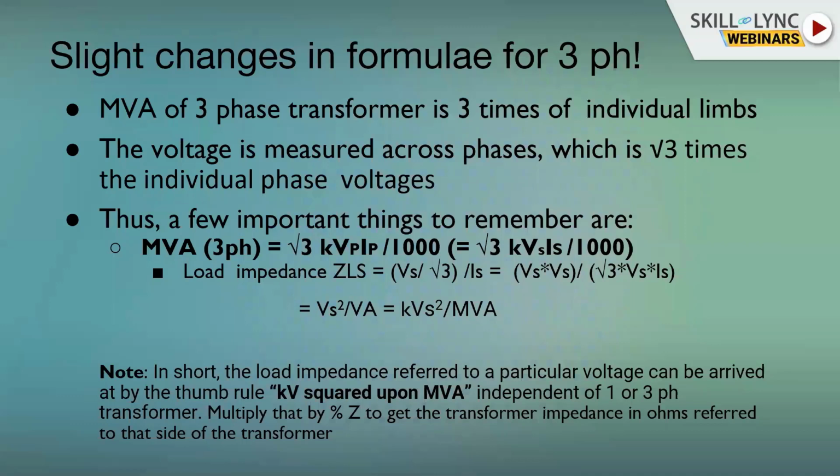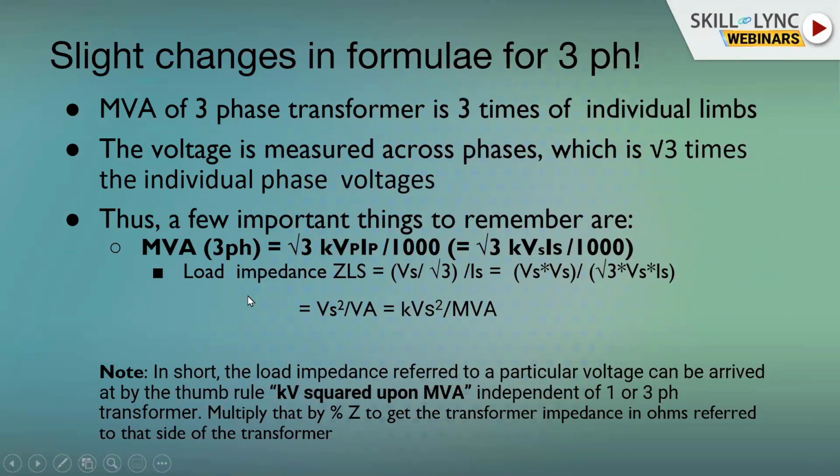to students. When you talk about a three-phase transformer, the total MVA is the sum of all the three individual phases, right? So the three-phase transformer is actually, because we have talked about three transformers, 3 into VI, V into I is the normal formula I would like to use. But because of this √3 factor, the kV has already built in one √3 factor. When you say primary voltage, it is phase-to-phase voltage. So we need to put one more √3 here to account for the three phases. So √3 into phase-to-neutral voltage into IP is the net MVA. So this is the typical formula. We are all aware that √3 VI is what we call the three-phase system MVA.